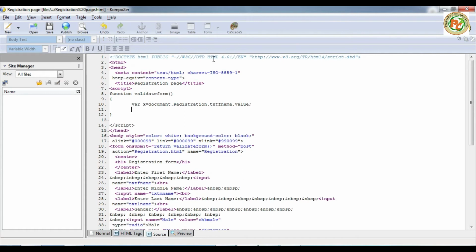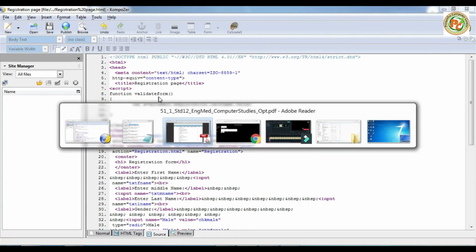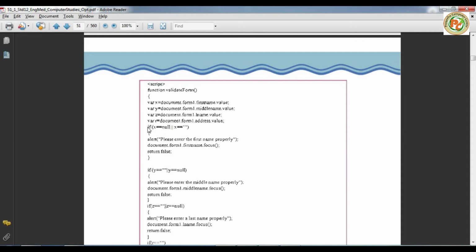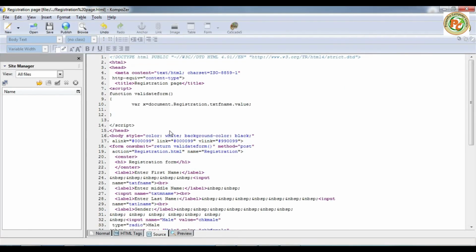Now before we proceed, we will focus only on the first text box. If it is successfully working, then we'll copy for the next one. Now what to do? For this we will create one if condition, because we have to check whether it is null or not.